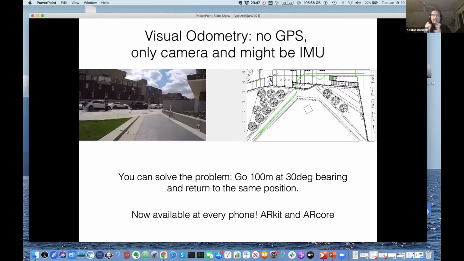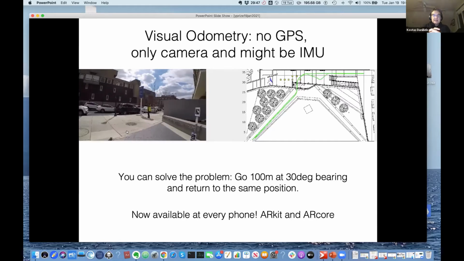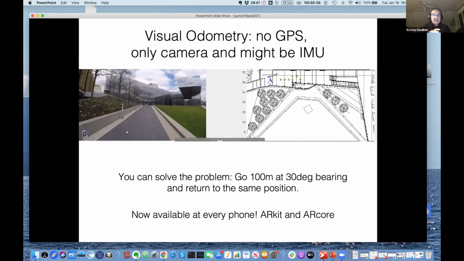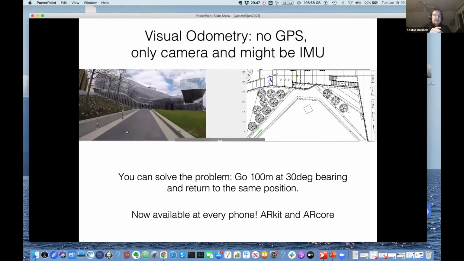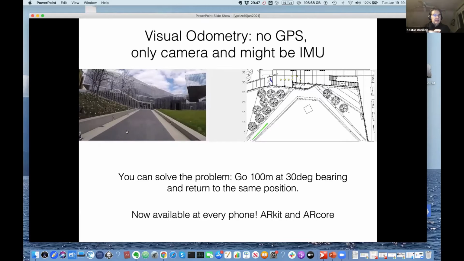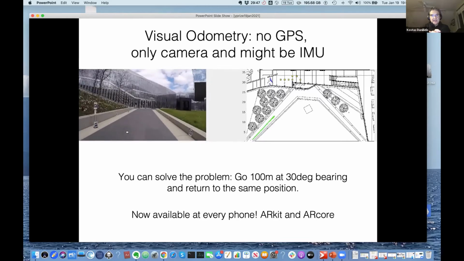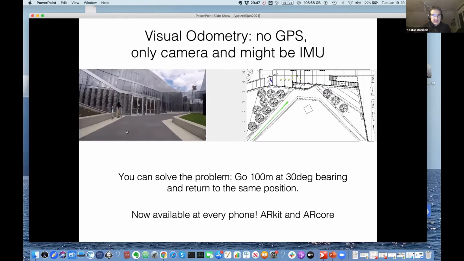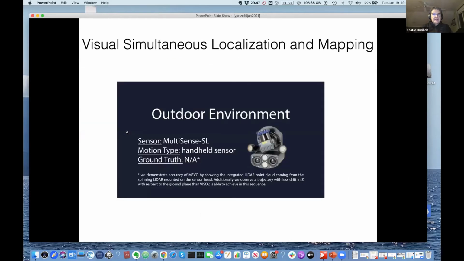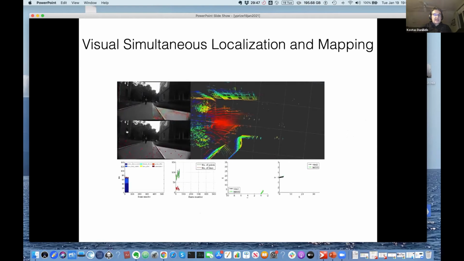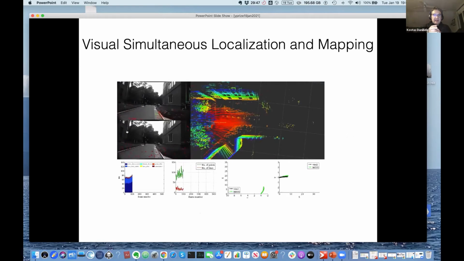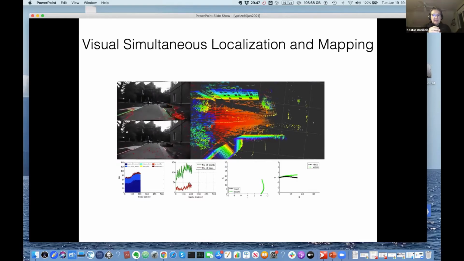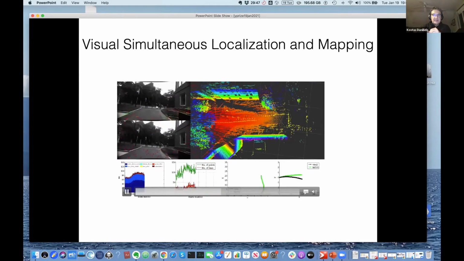And this technology now, there is research about this of 30 years, and we have contributed with several algorithms, and now it is really available on every phone. All the toolkits that do augmented reality support this visual odometry technology, namely ARKit and ARCore in the iPhone and the Android phones respectively. And you can do it, for example, by taking a second camera and having a stereo camera. And the way you do it is with these features you see on the left, which might be either points or small line segments on the top.